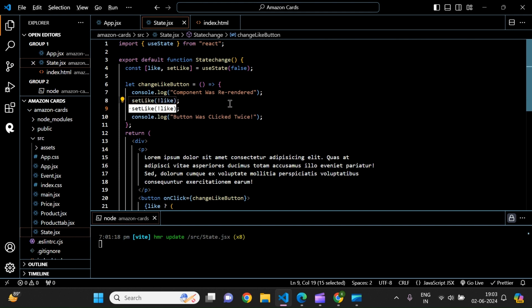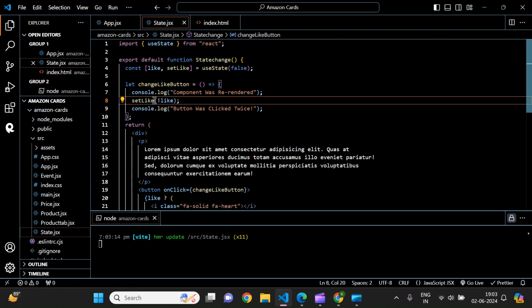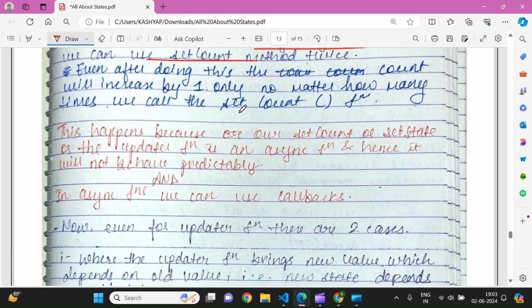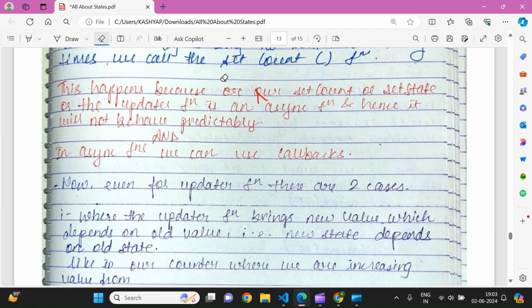So we cannot do it like this. This will not work. This is not the logical thing. First of all, this will not work because, as I told you, this set like function is an asynchronous function. So here we have seen that it will not behave predictably because it is an async function. Important. All right. Let me mark this. So if you want to screenshot,